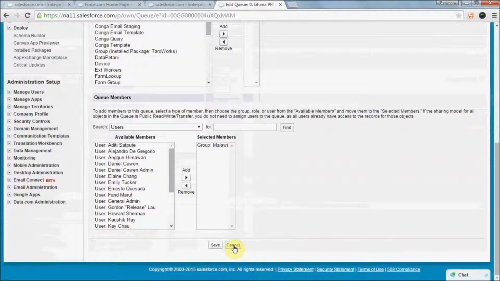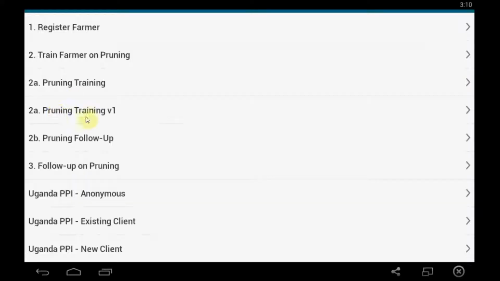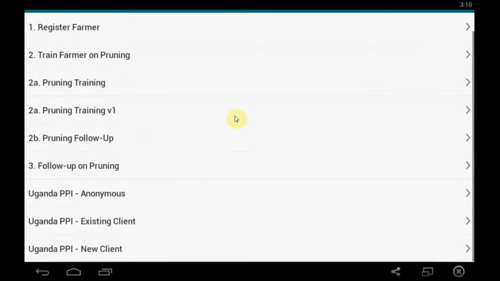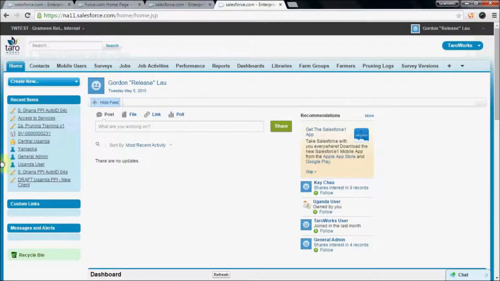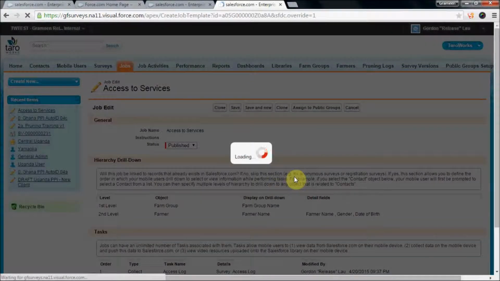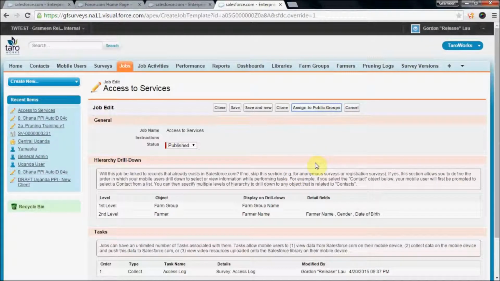And that's it. So let's take a look at what this looks like from a mobile user's perspective. If we go to jobs, you can see we have some jobs listed for about pruning for farmers, and also some Uganda PPI jobs. If we wanted to, as an administrator, expose our access to services job to our entire Uganda field officer group, you could click the access to services job name, click Assign to Public Groups,